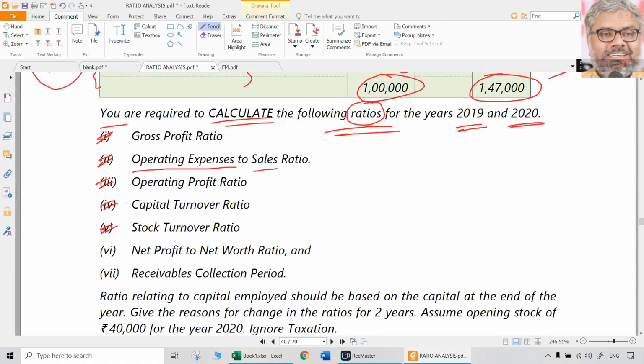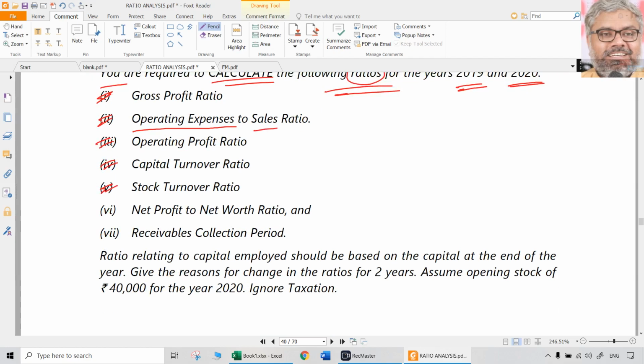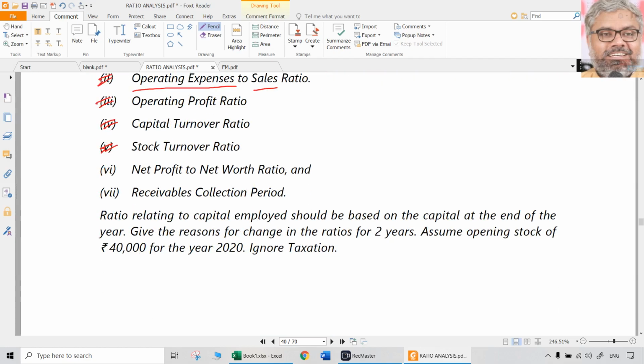Stock turnover ratio formula will be cost of goods sold by average stock. Look at the further information also here. The ratio relating to the capital employed should be based on the capital at the end of the year. That's what we have taken. We have not taken average. Give the reasons for change in the ratios for 2 years. That is analysis also required. Assume opening stock of 40,000 for the year